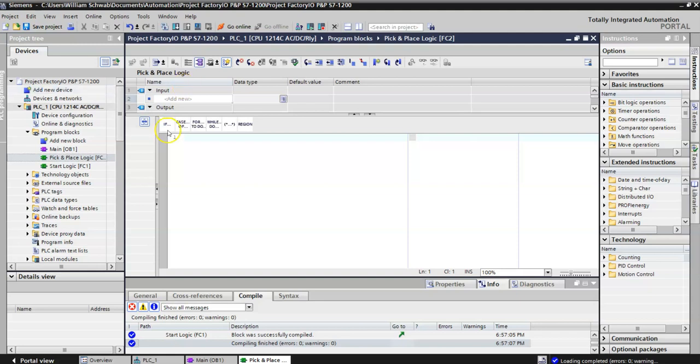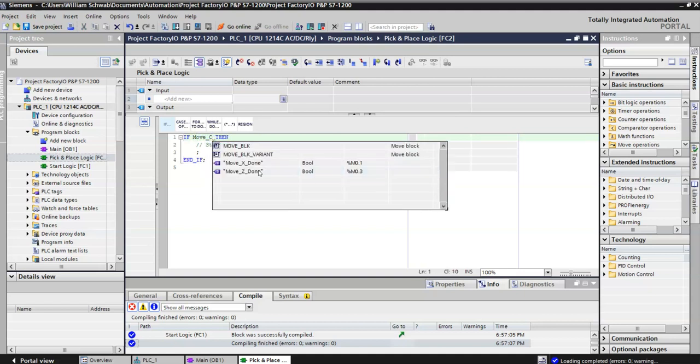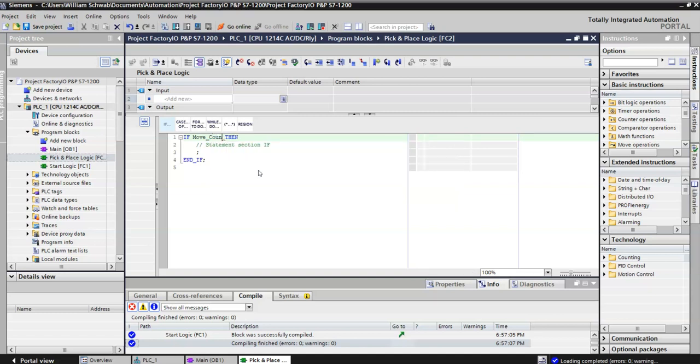In SCL you can see that they have statements like if then, for loops, and while loops. What we're going to do for the pick and place is use an if then. The way it comes up with the boilerplate is, if this condition is true, then I want to do these things. So we start out with our move count. It'll be if our move count equals 0,